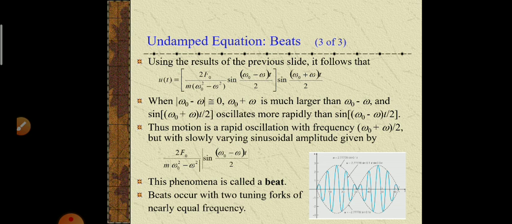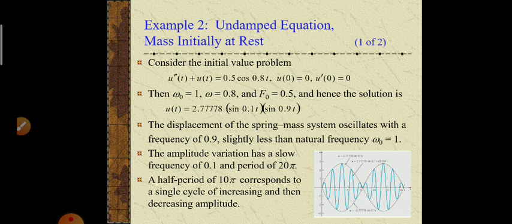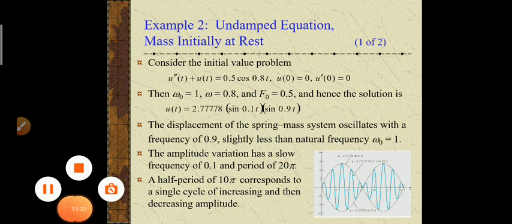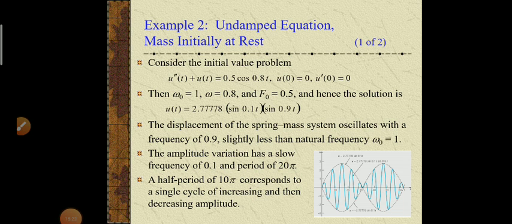is going to be maximum, right? So at the maximum frequency, the beat phenomenon is going to occur. So for this condition, or you can say for resonance, the beat is going to be produced. Now the undamped equation when the mass is initially at rest, this is the second example of the vibratory system, which is going to be studied by us in the next lecture.